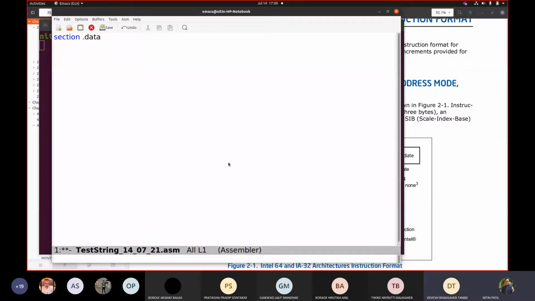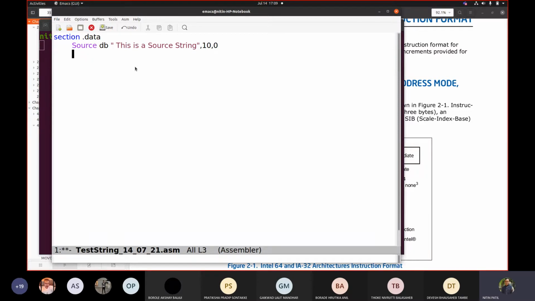Okay. So let me define my string. I'm defining that as source, define bytes. This is a source string. Now we have to copy this till we get 0.